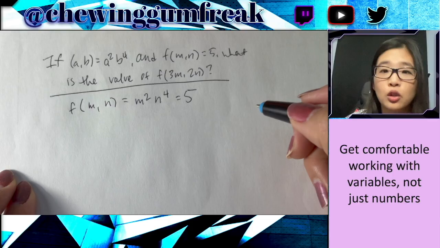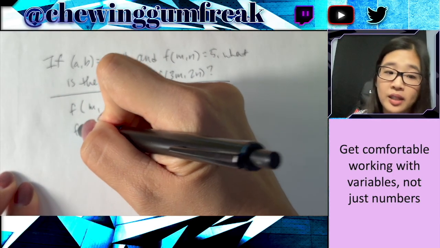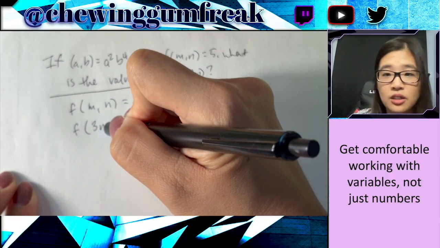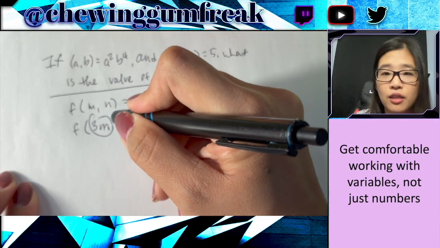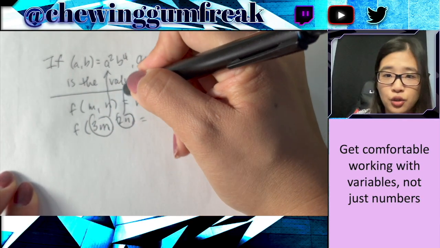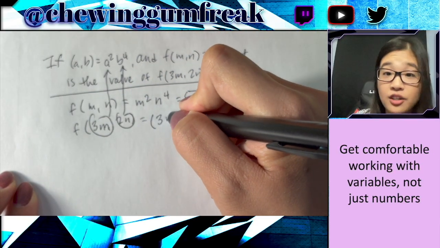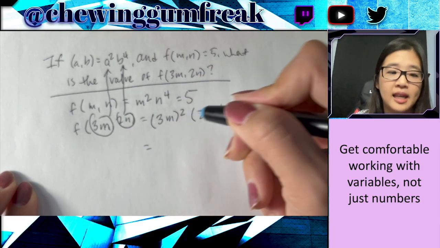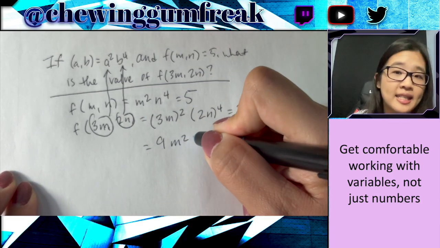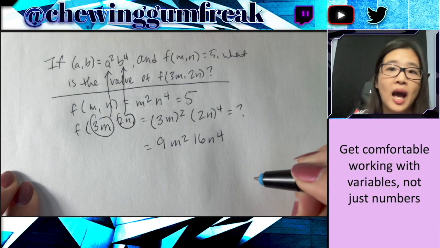When you have the actual question itself with 3m and 2n, you want to understand that plugging these in, you actually need to do just a tiny bit of math and you'll be able to figure it out. If we plug in 3m squared and 2n into that n to the fourth slot, make sure you know that that's going to end up being 9m squared and 16n to the fourth, because you have 3 squared and then 2 to the fourth. Once we have that, we can simplify further just by multiplying the 9 and the 16